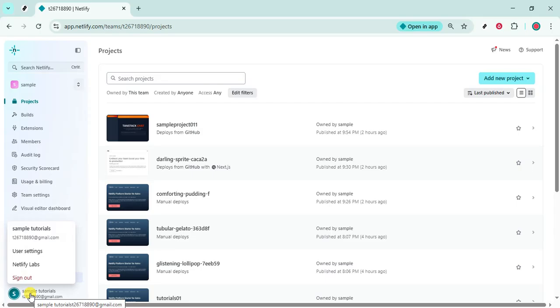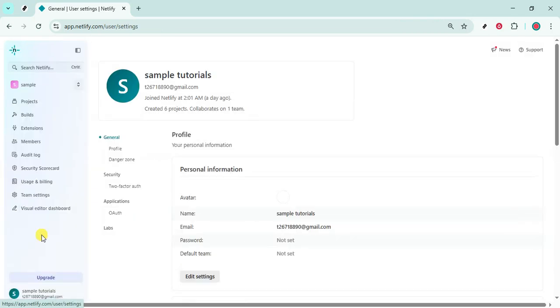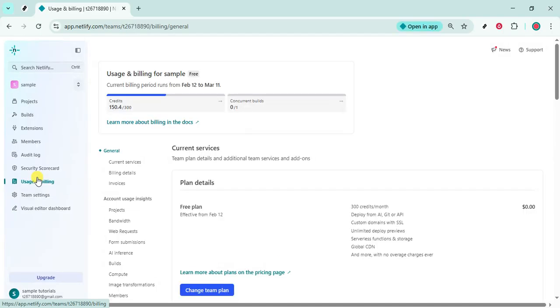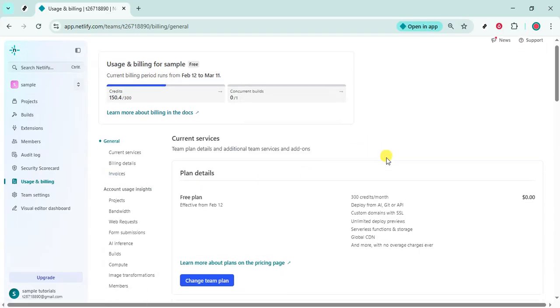From that small menu, click the same name again to open the detailed account or team settings page. This brings you to the area where Netlify organizes your team configuration and billing controls. On the left-hand side, locate the section labeled Usage and Billing and click it. This is the central place where Netlify shows your current plan, invoices, payment method, and any add-ons you might be